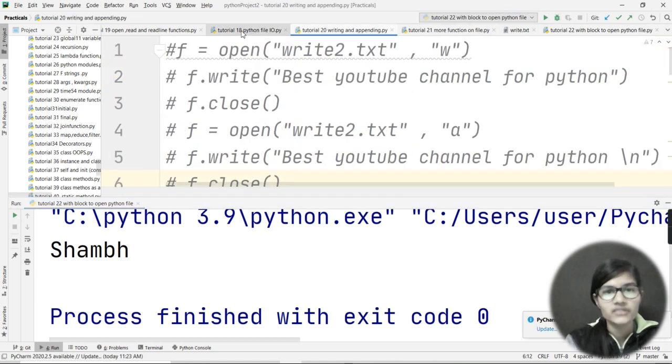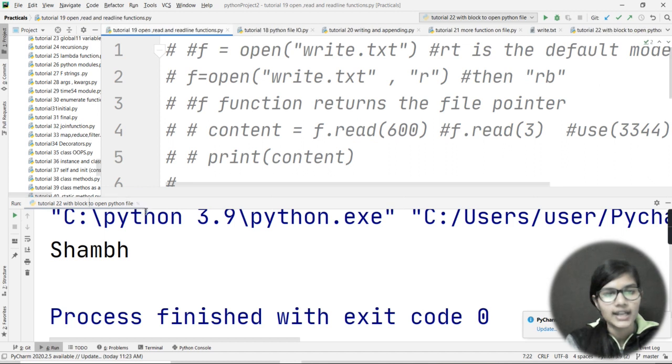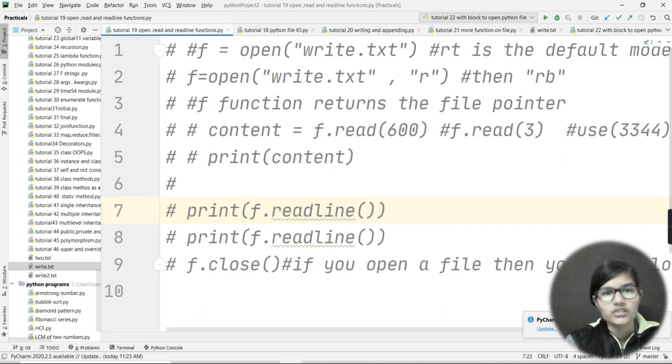So this is all about file handling, what the functions in file handling are and how we perform them. I hope you all got the proper idea of the file handling Python input output functions. We saw open, read and readline functions, then we saw writing and appending, then we saw seek and tell functions, and after that we saw the with block. So these are all the functions which file handling includes, and these are all the ways to write, read, append, and seek a position.